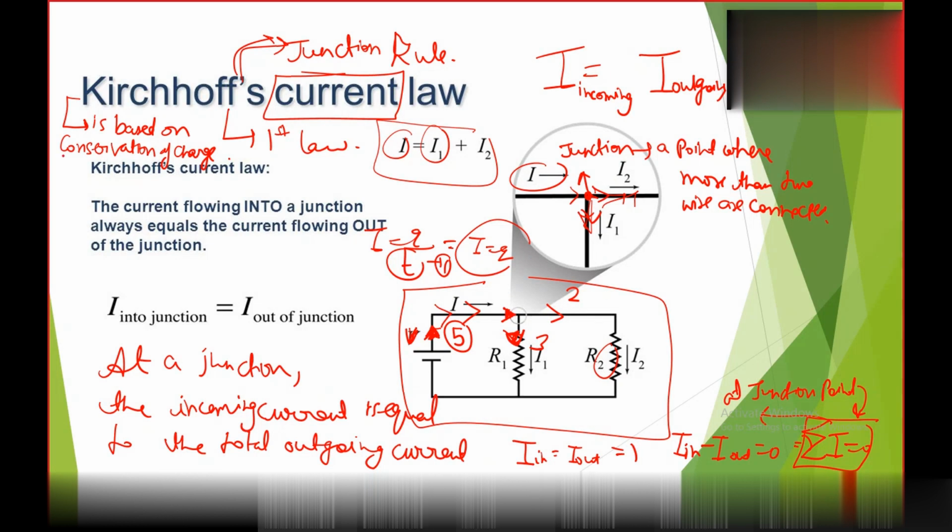So we can say that this is based on conservation of charge कि जितना भी charge आपको बैटरी से मिलेगा उतना charge आगे forward हो जाएगा. Total incoming charge will be equal to total outgoing charge, and we know that charge per unit time is current. That's why it is also called Kirchhoff current law, or Kirchhoff junction rule, because we are applying it at a particular junction.